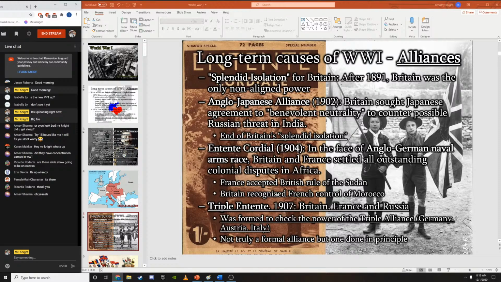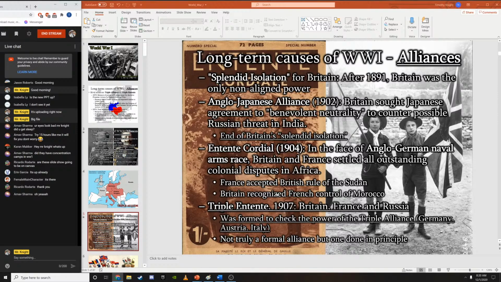And so Britain and France settle all of their previous disputes that they had in Africa, particularly in the area of the Sudan, which we had talked about during the imperialism unit, how the British and the French fought over the region of Sudan. And Britain recognized French control of Morocco and kind of gave up their colonial interests there. And so what ends up happening is the Triple Entente is formed in 1907, and this was Britain, France,